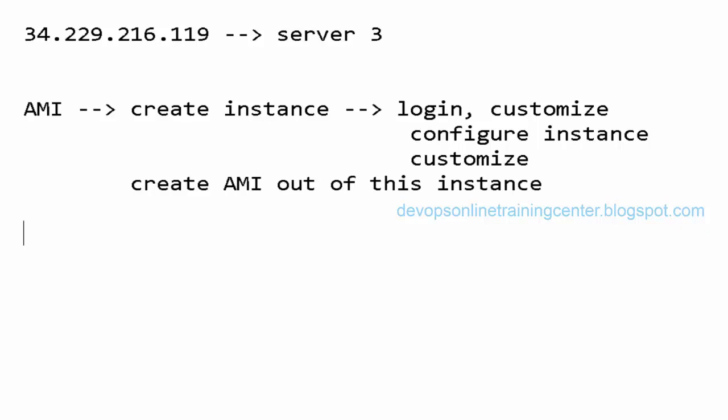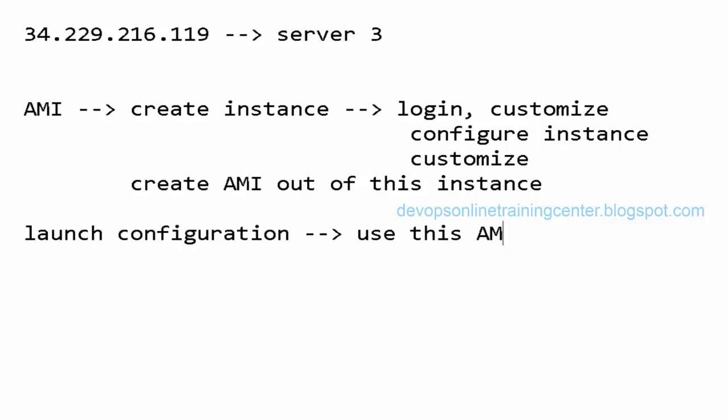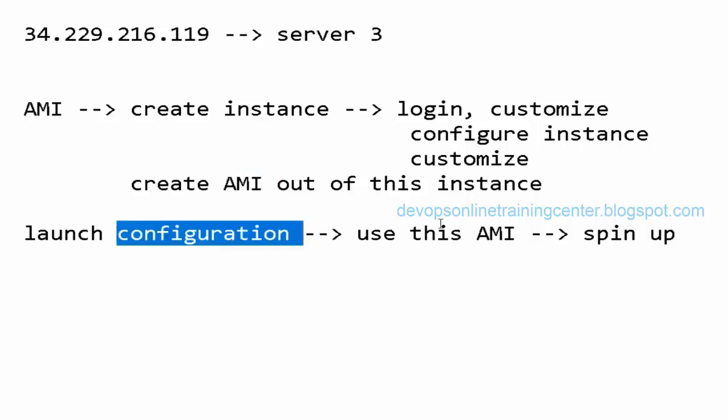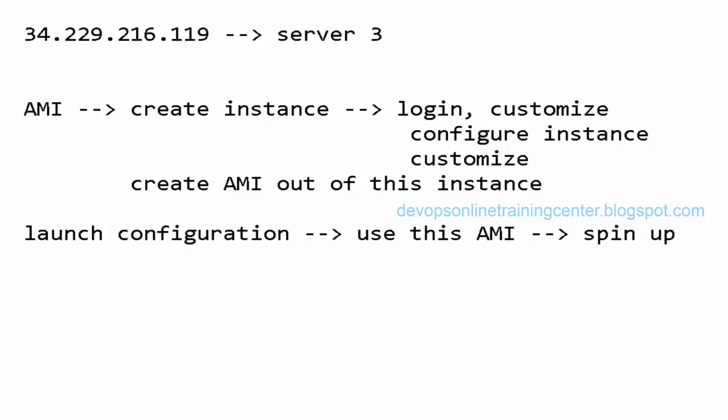So now I have an AMI that has everything. My application is there, configuration is there. I just have to spin up, and the application will be ready. Now in the launch configuration, I'll use this customized AMI to spin up the instance. So when a new instance spins up using the auto scaling policy, it will use this AMI, and this AMI has everything needed for the application to run. So we don't have to do anything. Whenever it spins up instances, it will have the applications ready.